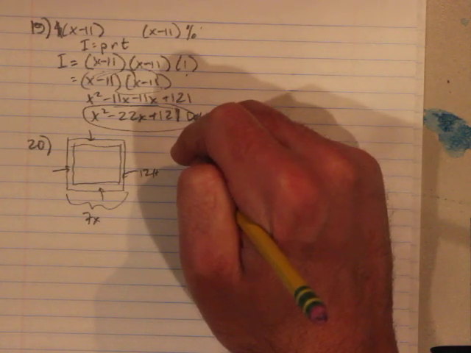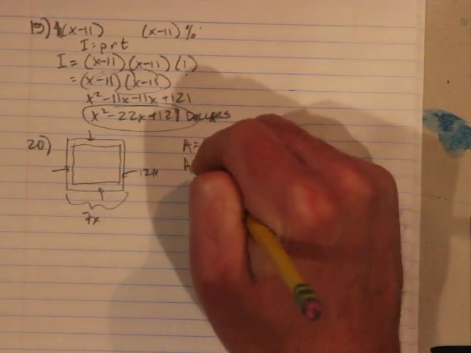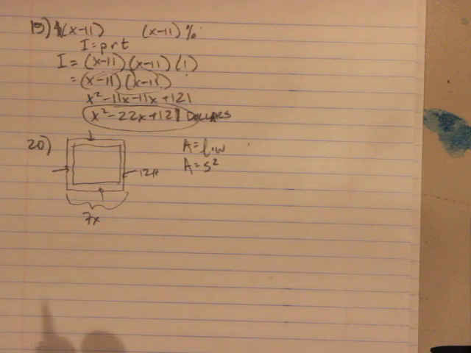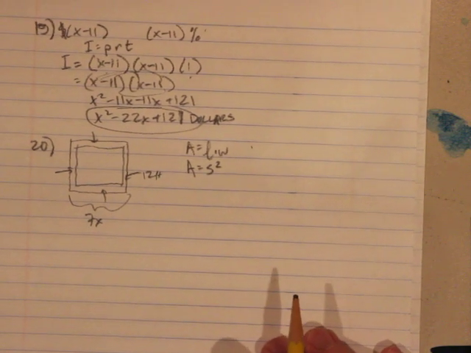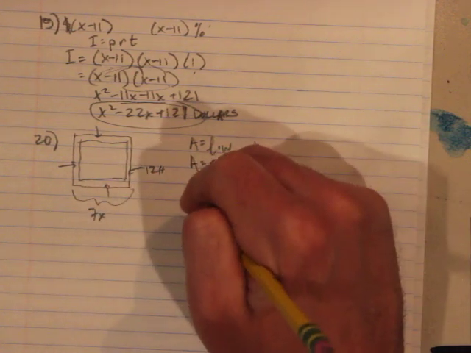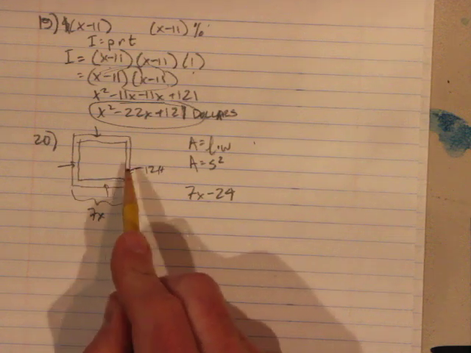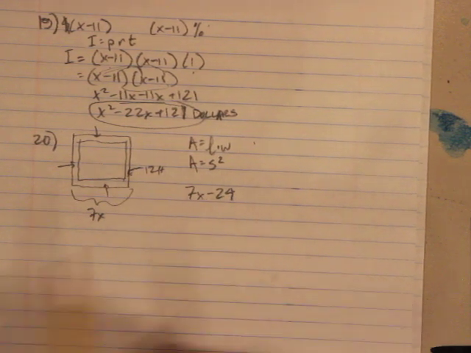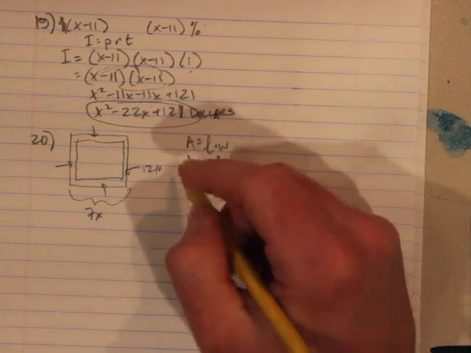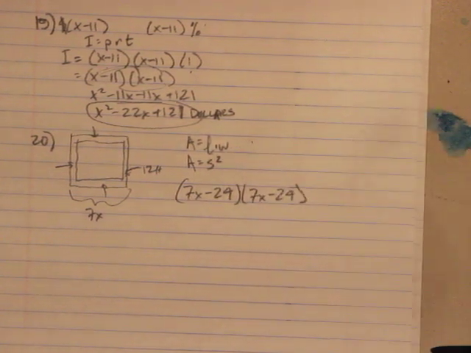One side, so area is length times width, or side squared if it's a square like this. One side is 7x minus 24. Remember, 12 here and 12 here, that makes 24, so we're subtracting 24 feet. And we need 2 of these. We're multiplying 7x minus 24 by itself. And that is going to give us